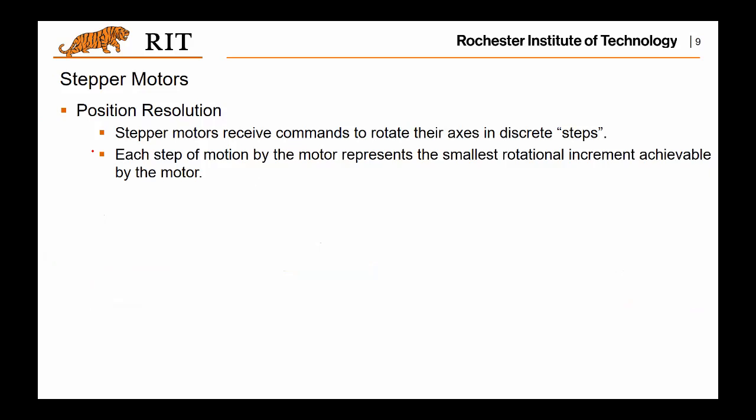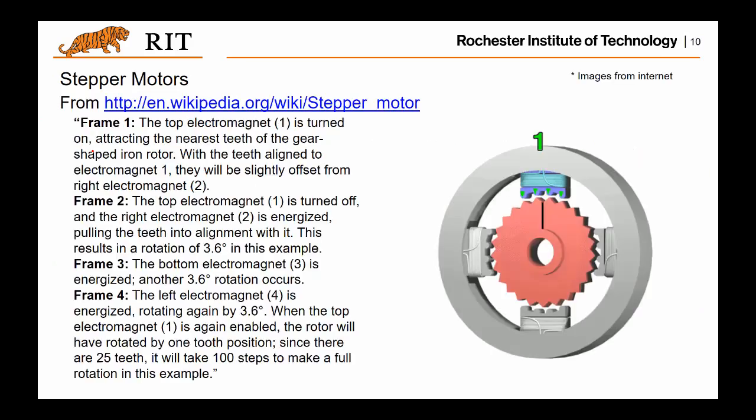And as I mentioned, the stepper motor receives commands to rotate its axes in discrete step signals, right? So each step of motion will give you the smallest rotation increment that could be achieved by the motor. So if you look at this illustration figure, basically at each step,